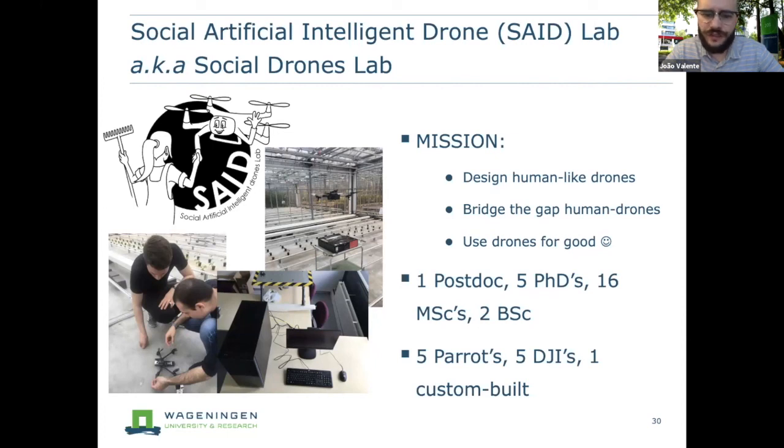So this is not only my credit, but the credit of all the people that are part of the Social Artificial Intelligence Drones Lab, whose mission is to design human-like drones, bridge the gap between humankind and drones, and in general develop drones for good. Currently in this lab we have myself, one postdoc, 5 PhD students, 16 master students, and 2 bachelor students. And I hope that I did not forget anybody.